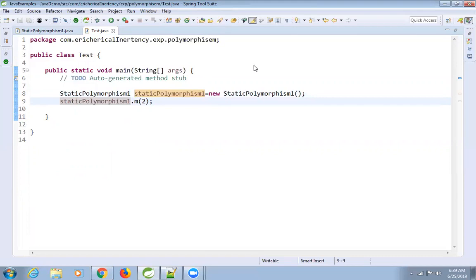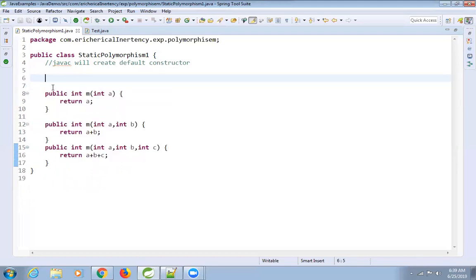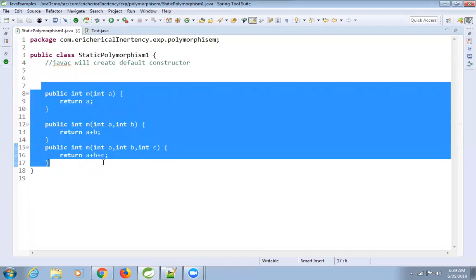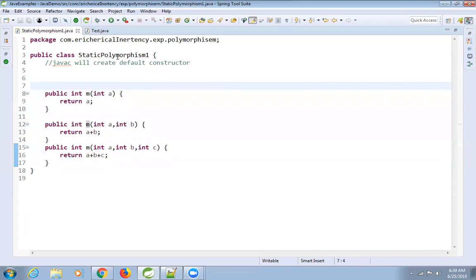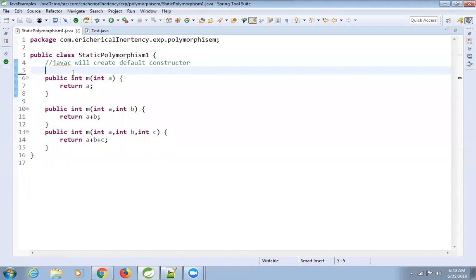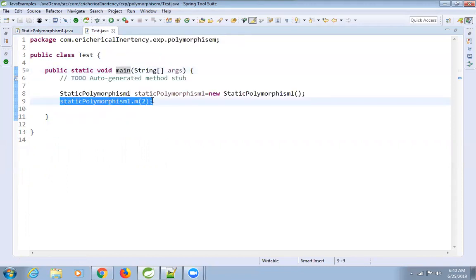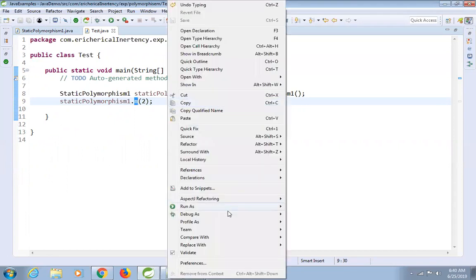And if you run this, what we have done here is static polymorphism, right? We have written three methods, and the method name is the same but different in parameters. This is called method overloading. Method overloading happens in the same class. Here we have not created any constructor, so your Java compiler is going to create a default constructor. And here I am specifying at compile time which method we need to call. That's why this is static polymorphism. If I run this,